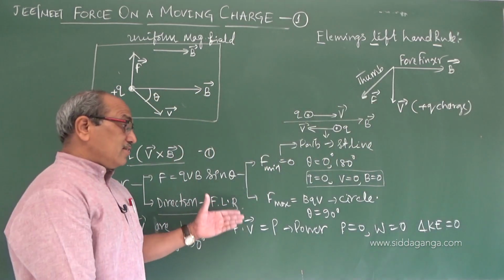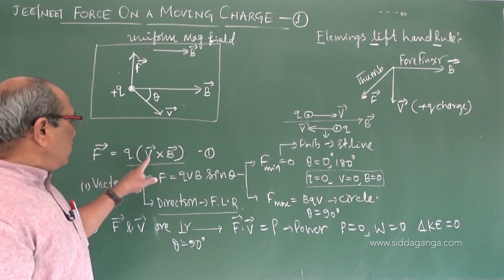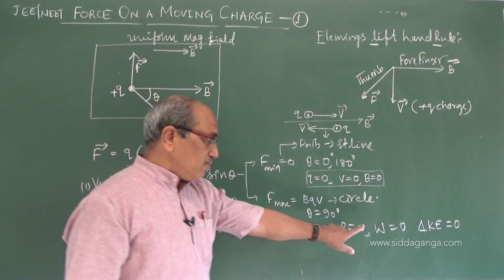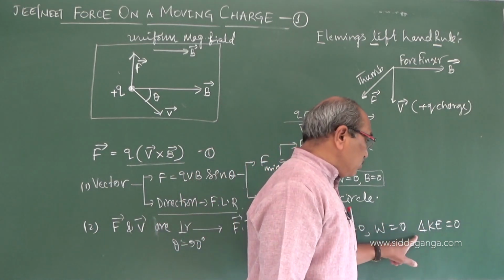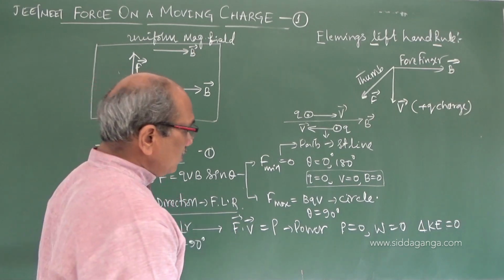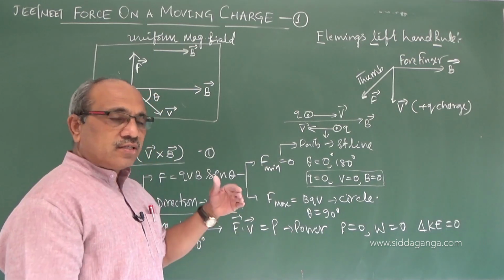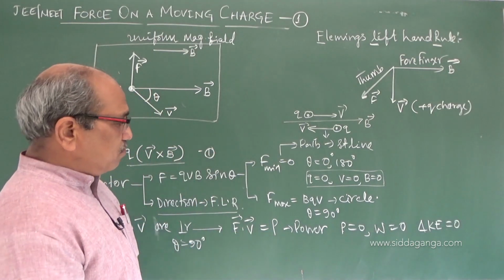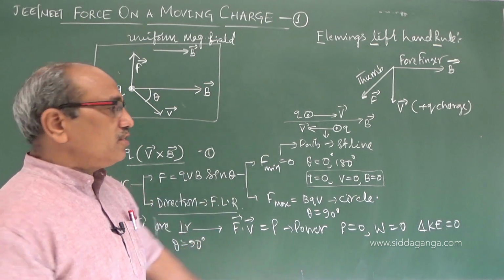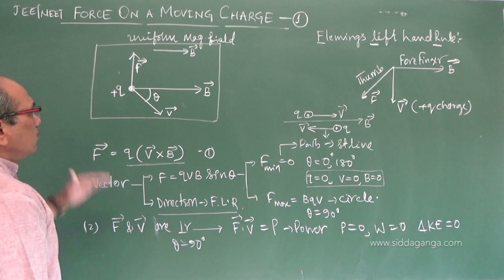That is the beauty of this concept. You remember correctly, in the cross product, F and V are perpendicular, therefore power dissipation is 0, work done by the charge in the magnetic field is 0, and the change in kinetic energy, work done, and the work-energy theorem you studied in the first year, all these three become 0. So in the next part I will tell you that even the speed and momentum change, but only in direction; the magnitude is not changing when it enters perpendicular to the magnetic field. However, I hope you followed the force experienced.